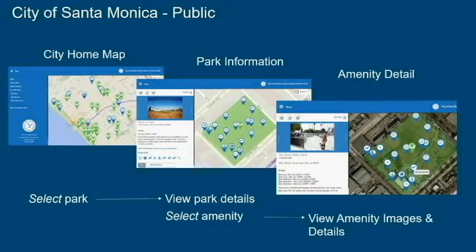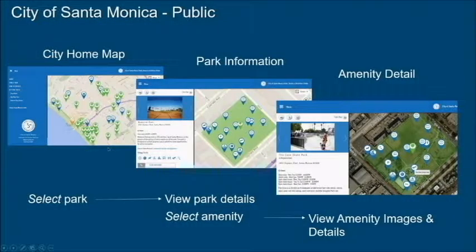They started out by importing their GIS data for their 46 parks and amenities to build out their initial map. And from here, you can see that users have the ability to click on any park and then drill down into that park. This is the key feature with LocaleIQ, the ability to drill down into a map to get greater detail. Here, once they've drilled down into the park, they'll get real-time information, all delivered on demand. This provides the park description, park location. They can get directions to the park by different modes of transportation. The users can actually manage links to outside documentation or other resources, as well as things to do, contact information,